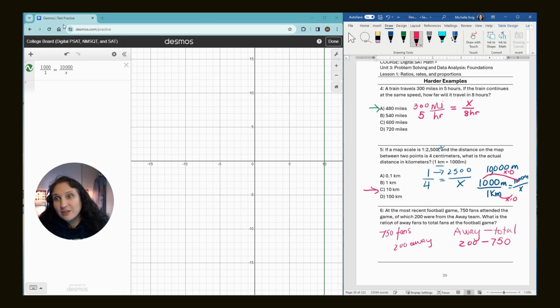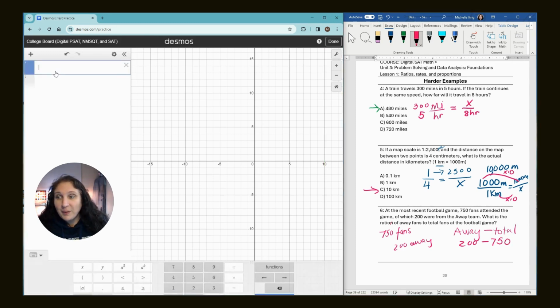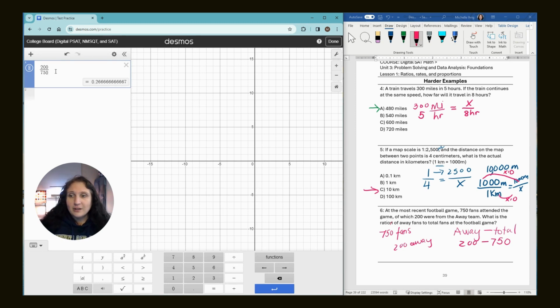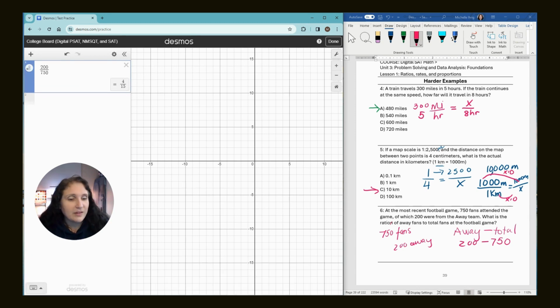Remember, we like to reduce the fractions for ratios, but you just have to type it into Desmos and Desmos reduces the fraction for you. All right, I get 0.26, all those 6's and 7's, so I hit my fraction button and there's my answer,